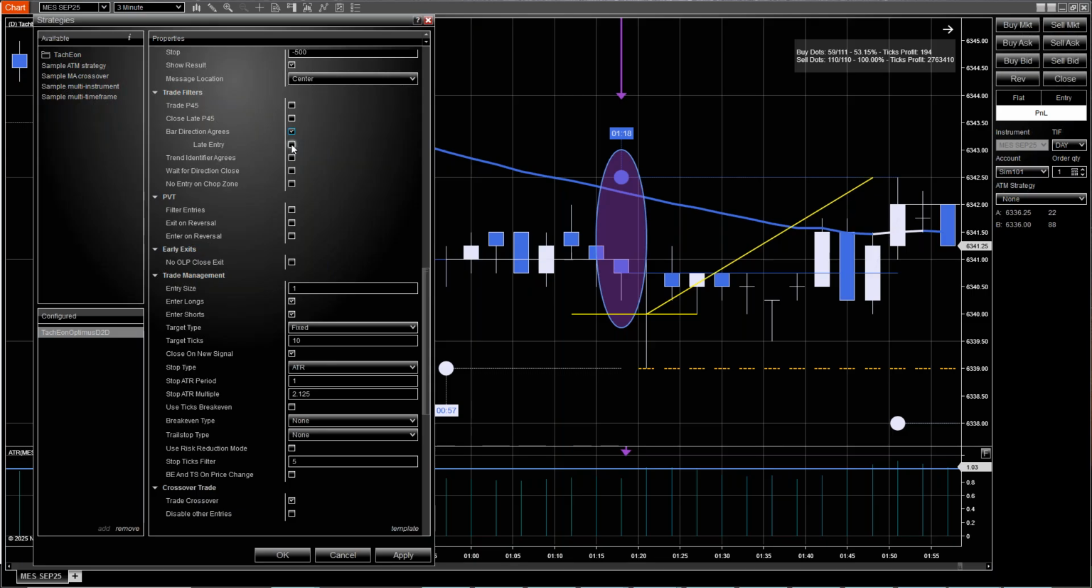I want to get in as there's a pullback of some kind. I want to get a little pullback action. This is the only parameter that allows anything like that in dot to dot. And this parameter simply says late entry. This means that if I have it set to bar direction agrees, I can select late entry, which now will tell the tool